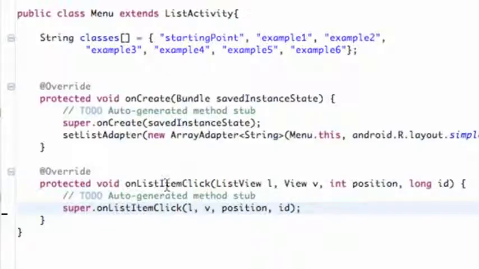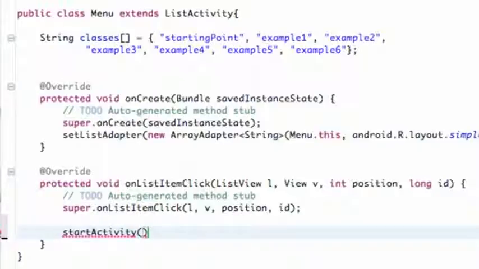And what I want you guys to do is go within this onListItemClick method. And in the next tutorial I'll break down everything that we've done, or we'll finish our application and I'll break it down. I just didn't have time to do it in one tutorial for the most part. So I'll show you guys how to start a new activity. Again, it's pretty simple. We're going to say startActivity,